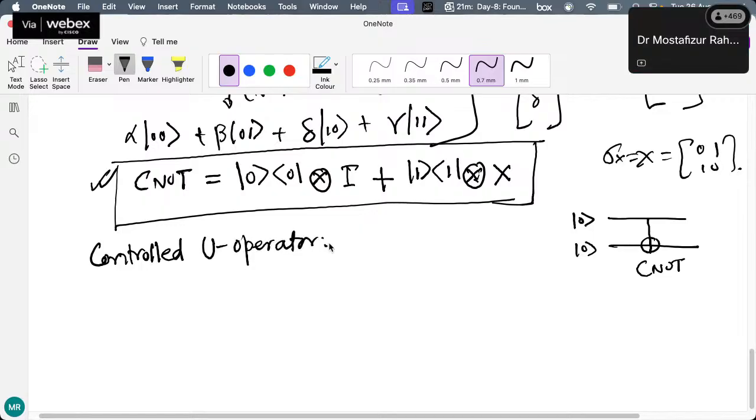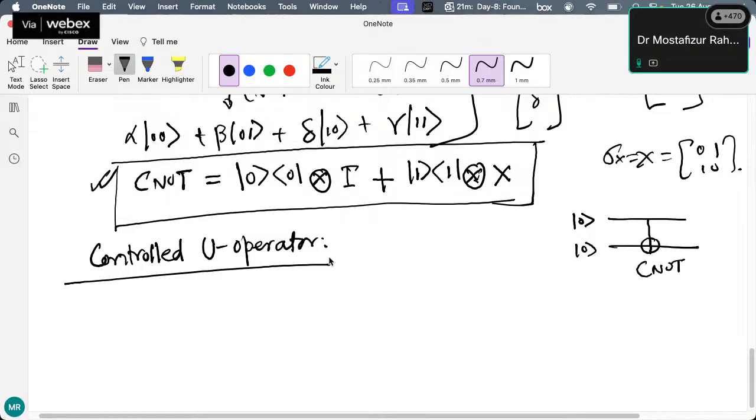Now, one can ask me why we are studying this thing. So these are the language of quantum computing. When you are doing classical computation or communications, every logic you try to define in terms of the logic gates, flip-flops, all those things. In quantum, because your language is not Boolean, your language is linear algebra. So you need to understand all the operators that you can perform either directly or on the composite system or in the controlled fashion or uncontrolled fashion. All those operators we need to understand.